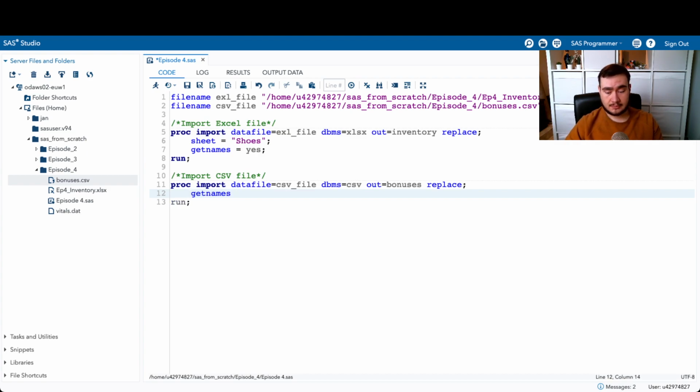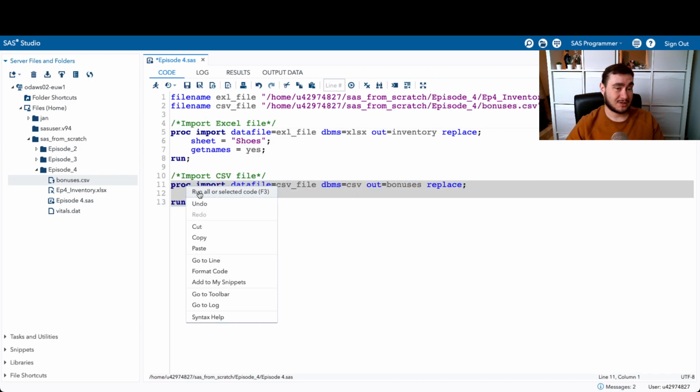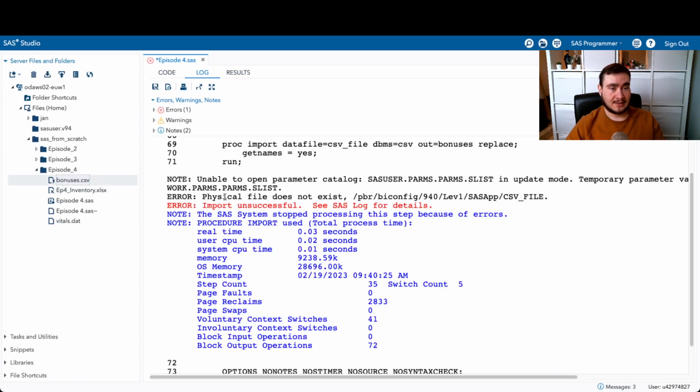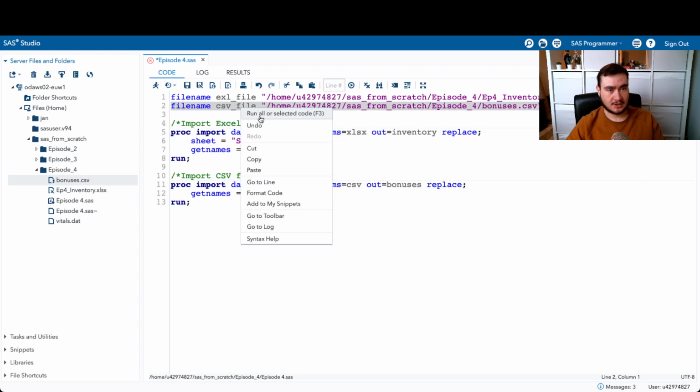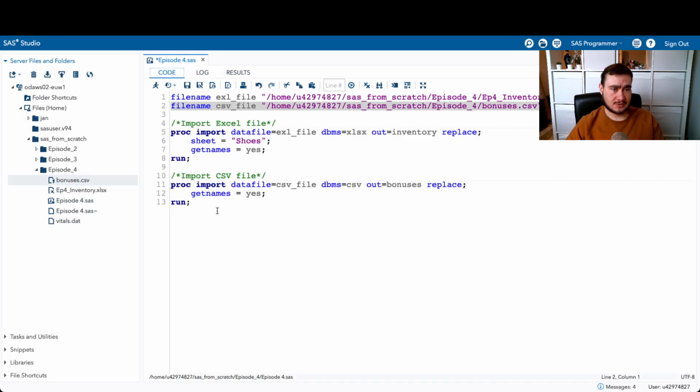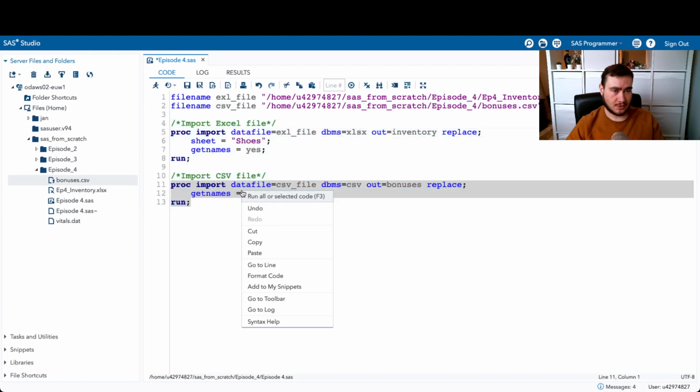As always, I like being transparent about it, and I'm just going to put in the line that says getnames equals yes, but it will do that automatically. And if I run, I also need to run this because if I don't run this, it should give an error. In fact, let's see what it does if that is not there. Okay. So here it complains physical file does not exist because it's looking for something that's actually called CSV file instead of this reference. So I can fix that, and again note this red cross which shows there's an error and it needs to be investigated. So I'm going to just create this reference for it, and then I'm going to run this PROC import statement